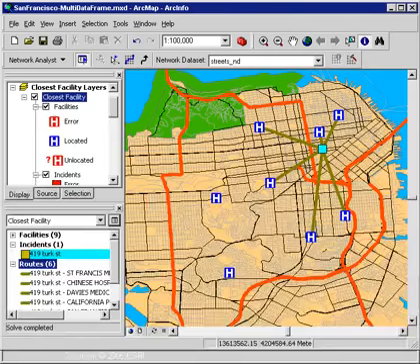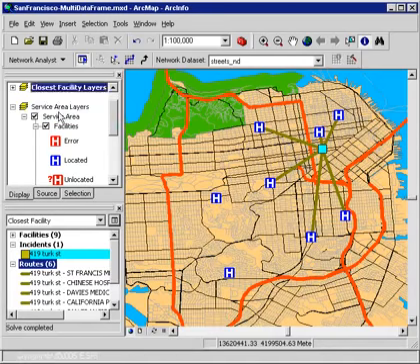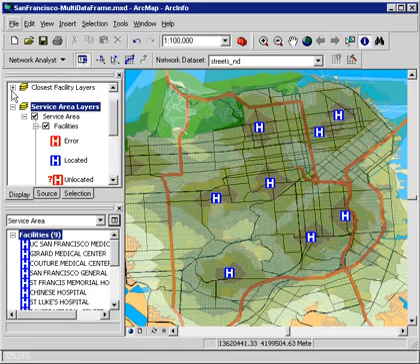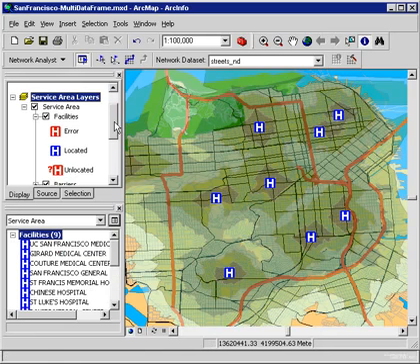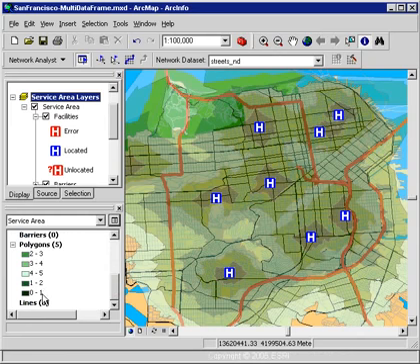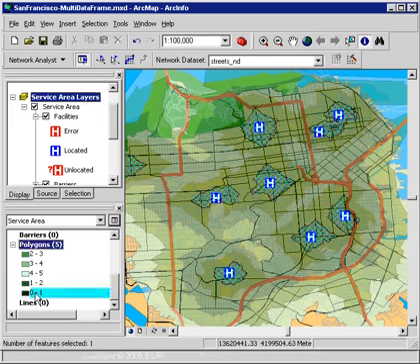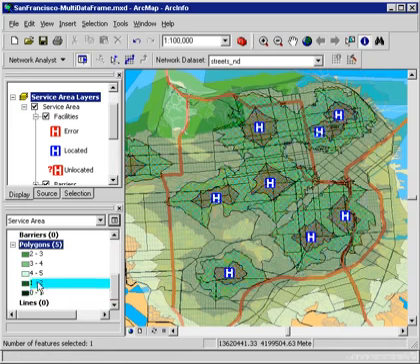If I bring back up ArcMap, let me switch to another map that contains a service area layer. As you can see, I'm using the same 9 hospitals, and I've already calculated service areas around these hospitals at 1, 2, 3, 4, 5-minute intervals. So for example, if I select the 0 to 1 minute ring, that represents the area I can get to within 1 minute of a hospital. The 1 to 2 minute ring represents the area that I can reach between 1 and 2 minutes of the